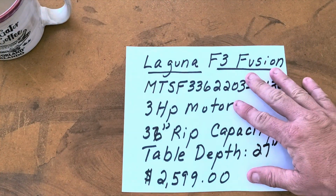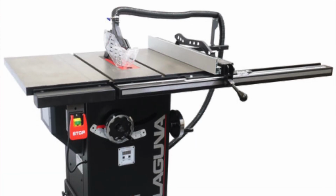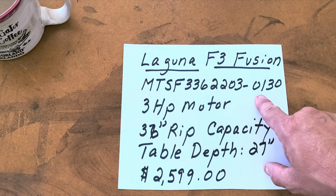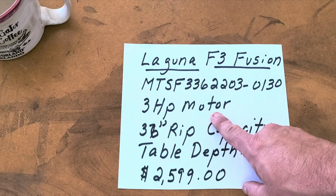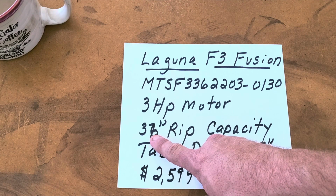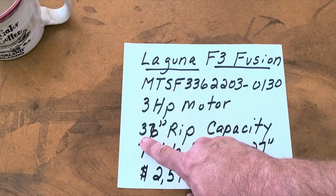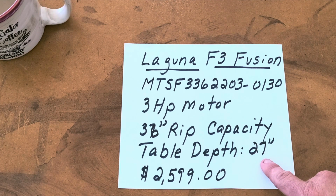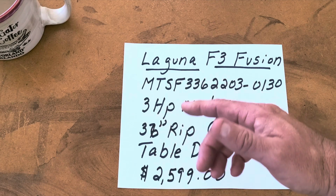Okay, next one is the Laguna F3 Fusion. The model number on that is MTSF 336-2203-10130. It has a 3 horsepower motor. It's 230 volts, single phase. If you go to Laguna, they say that the rip capacity is 37 inches, but if you go to Rockler, their specifications say it's a 36-inch rip capacity. The table depth is 27 inches from front to back, and the price overall, either at Rockler or through Laguna, is